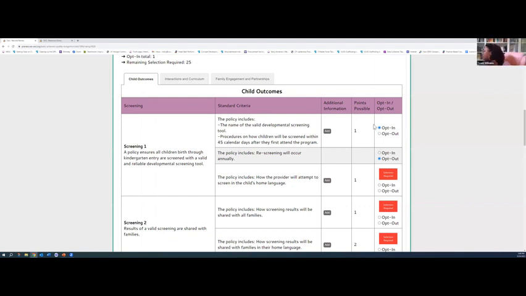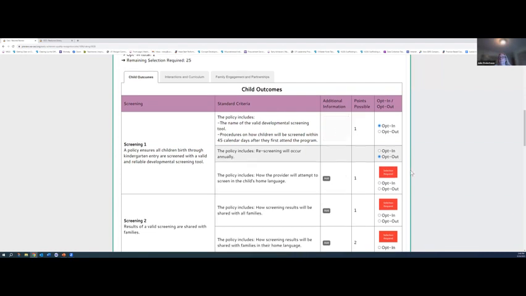Okay. Sorry about that. So they can opt in, they can opt out. This additional information section, they can add anything here. They can put whatever notes they want. If there's something that they are thinking, you know, we don't have this in place yet, but we want to do this before we do records review, or this is already in our policy. This is on page 17 of our handbook. Whatever information they want to add, or they can leave it blank.